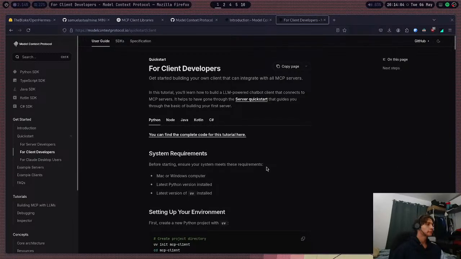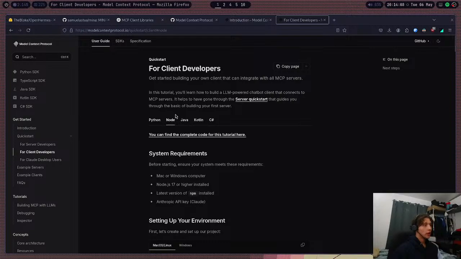Okay. So for client developers, first of all, Node, because we are not using Python and probably not the verbosity of Java, Kotlin, or C Sharp, especially Java and Kotlin. One thing out of topic completely, but one thing I really dislike about Java and C Sharp that Go does actually pretty good